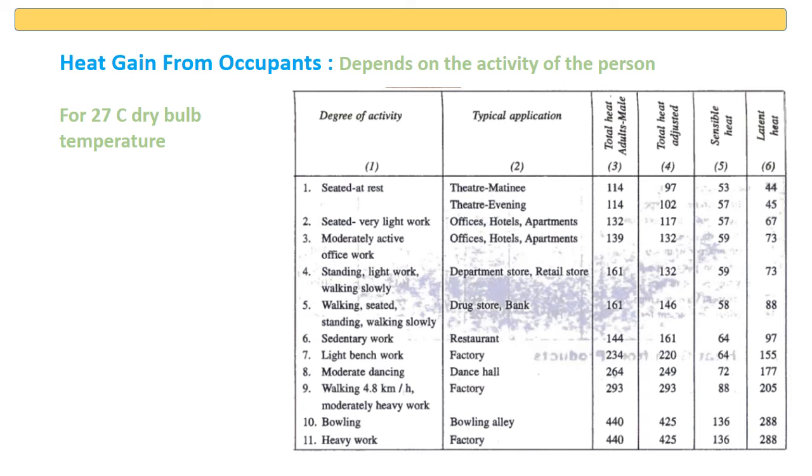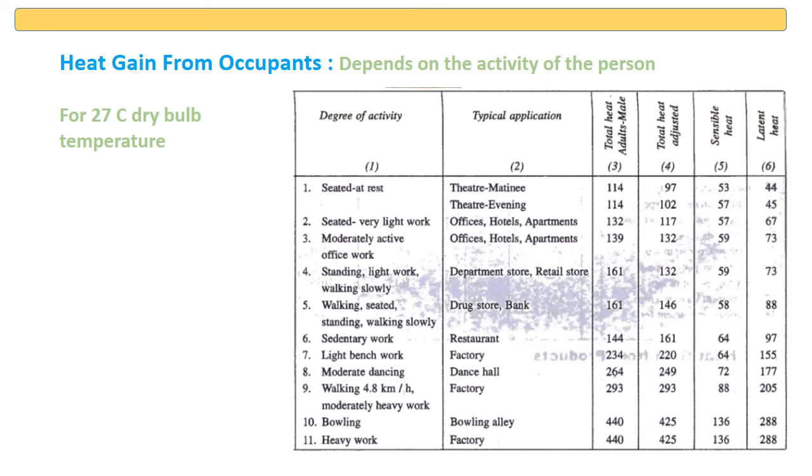So, heat gain from occupants. If any human beings are there in the conditioned space, then they will also be contributing to the sensible heat gain. That is because the metabolism happening inside the body generates heat, which is finally radiated to the ambient. Depending on the metabolism or work carried out by the human being, the heat generated will vary. ASHRAE has defined these heat loads which are to be taken while calculating the cooling load at 27 degrees dry bulb temperature.